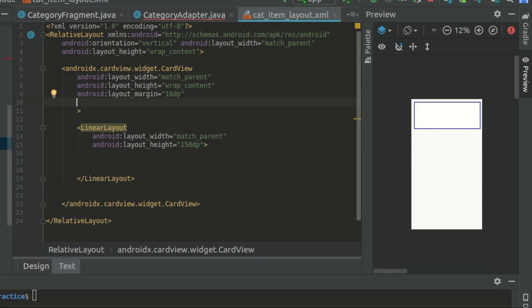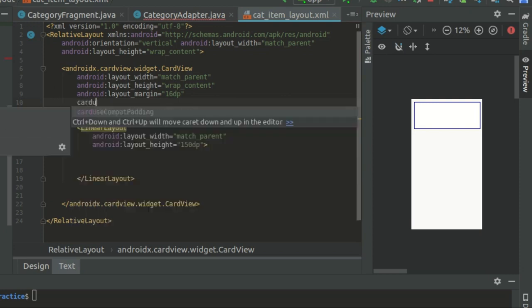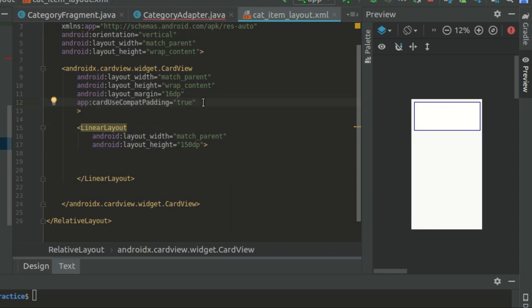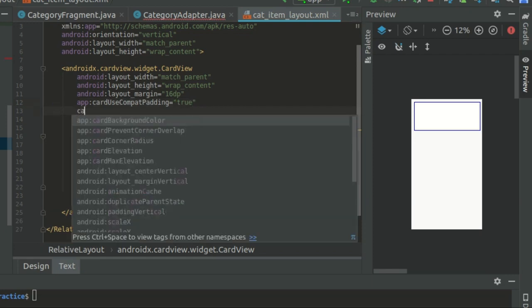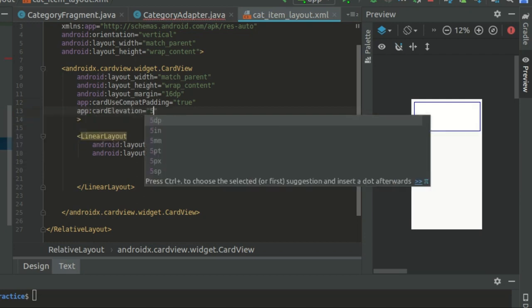Then we will create some elevation. So for elevation, first we need a padding. So we'll use cardUseCompatPadding, set it to true. Okay, so this is the padding that is required for the elevation, and then we'll set cardElevation and we will set it to 5dp,